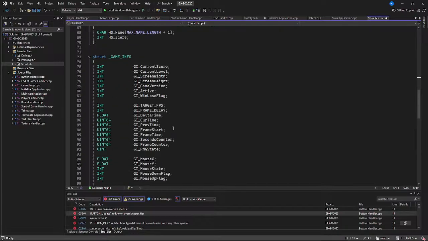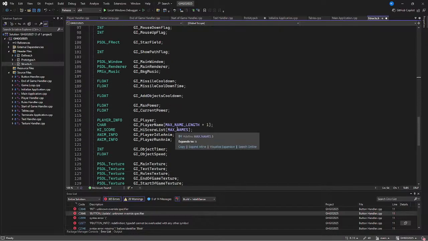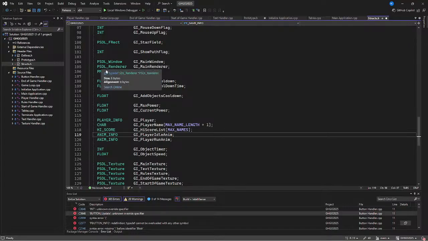Do I have it in my player? There he is, right there. There's the animations right there. Player idle, player run. So, this is what I'm going to do. Here is